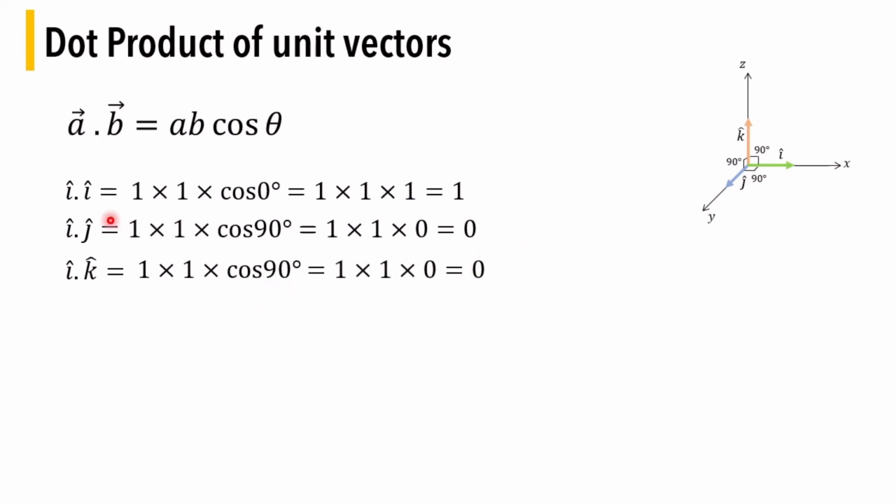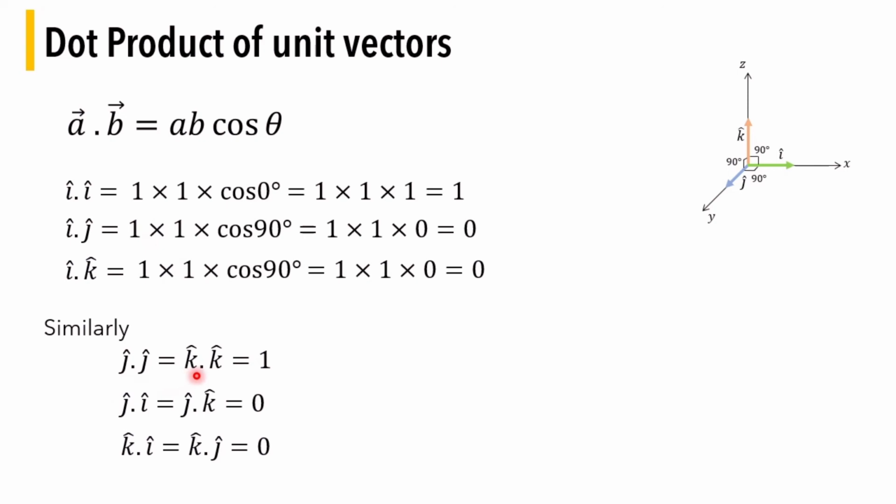Now, from here we can establish that the dot product of two similar unit vectors will be equal to 1, and of two dissimilar unit vectors will be equal to 0. By dissimilar, I mean unit vectors which are perpendicular to each other. Therefore, we can say that